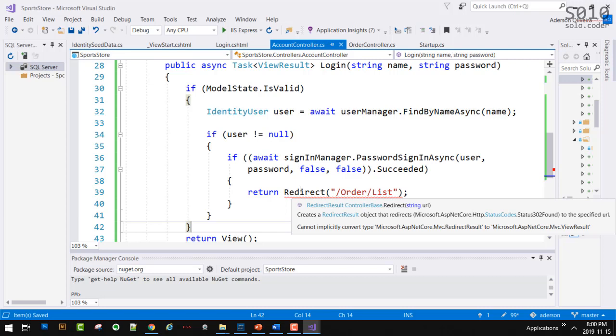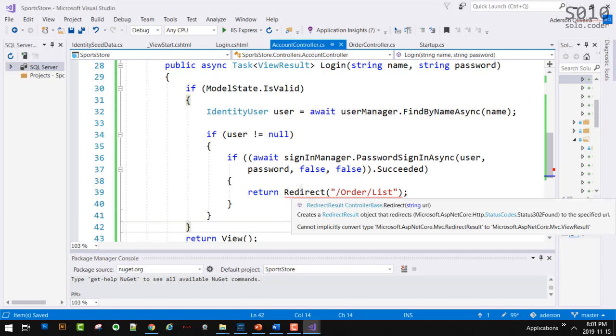What do you think we may have to do here with this type to be able to be either this one or this one? Redirect results or view results? What should we do with this guy here? We should change it. The question is to what? I don't expect you to know the name of that one, but let's just think through this. Those two classes are, in a way, siblings.